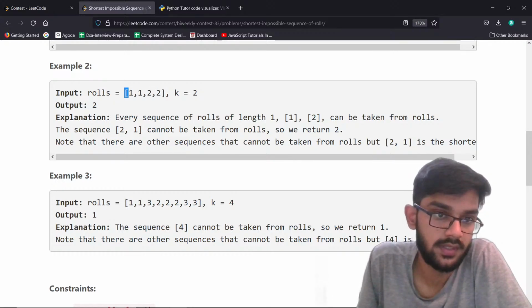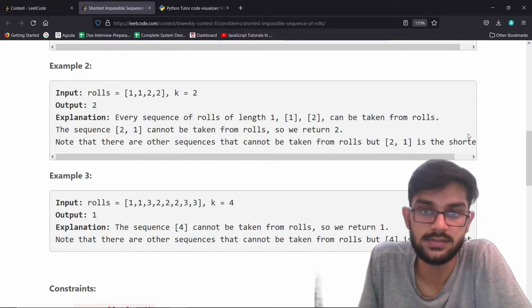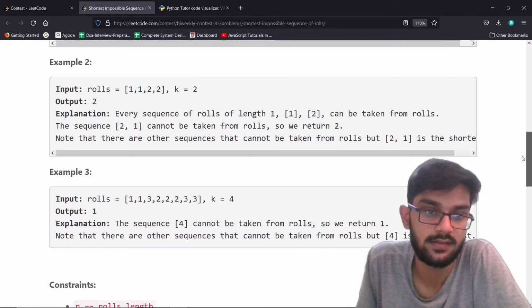One can be taken, two can be taken, one, two can be taken, one can be taken, one, two can be taken. One cannot be taken, right? One can. Oh, okay. So the sequence to one which cannot be